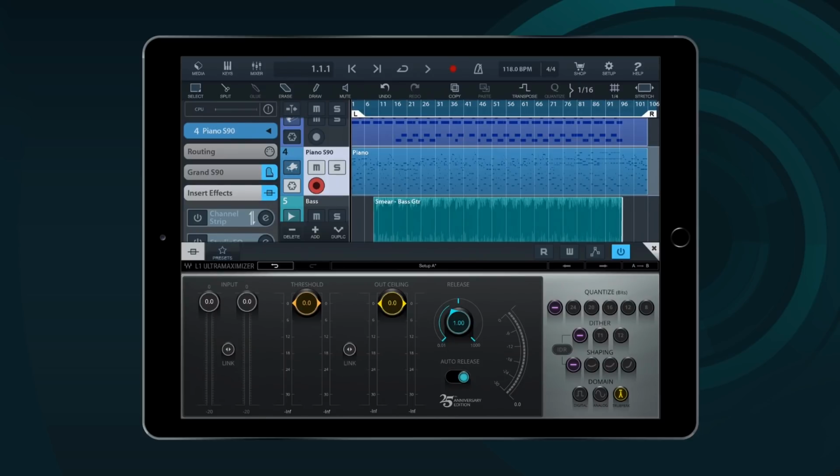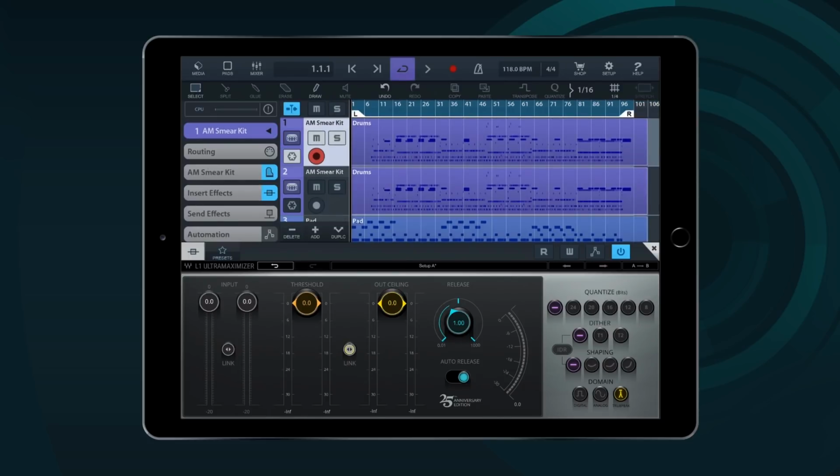A very useful feature on the L1 is the link button between the threshold and the out ceiling. It's actually a button that I already liked on the original L1 plugin. What you can do here is adjust threshold and out ceiling at the same time. And the way you do that, you press play on your project and then use the link button to change those values until you hear limiting artifacts that you don't like.